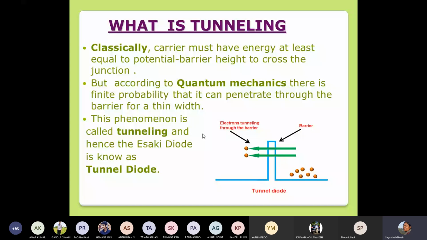So the phenomenon that we are talking about here is called tunneling, quantum mechanical tunneling, where because of the wave property of quantum mechanical particles, electrons are small and highly energetic, they are quantum mechanical particles, they can cross a barrier with some probability if the barrier is quite thin and the energy is quite large. So this is the phenomenon of tunneling, and this diode works on this principle. That is why it's called a tunnel diode.